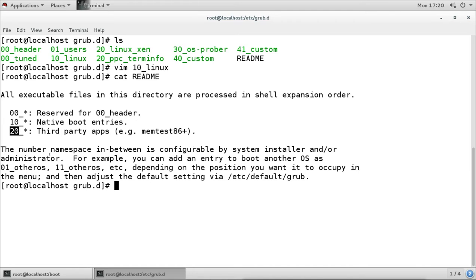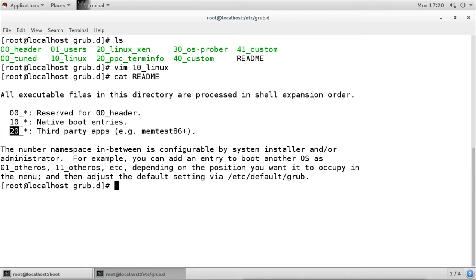System installer means if we install something into our system like third party software, it is going to manage the numbers from 20 to 30. So the numbers available here from 20 to 30 are for managing or adding extra entries. If I want to add a new boot kernel, I have the option of 10 to 20.